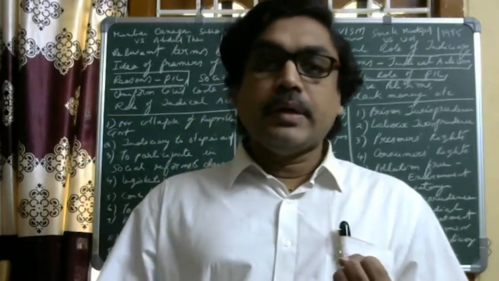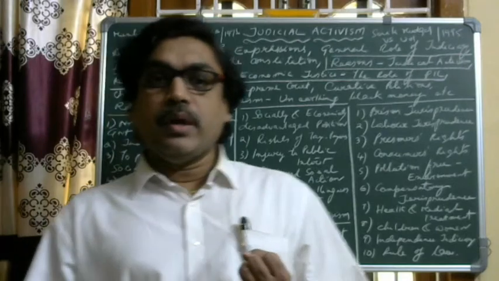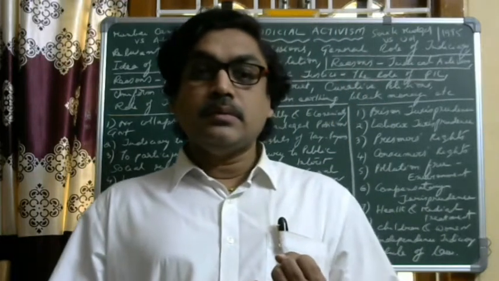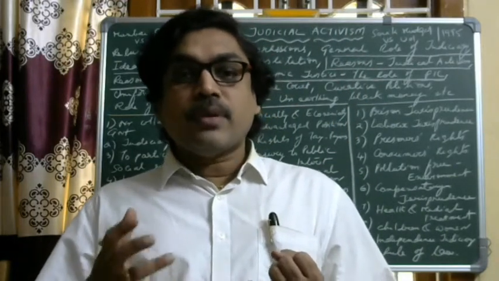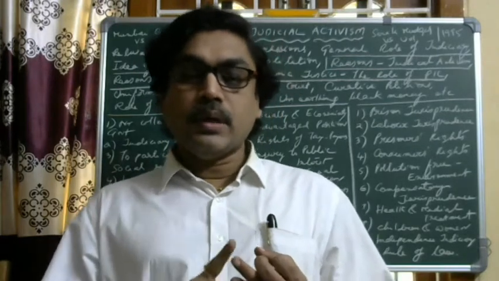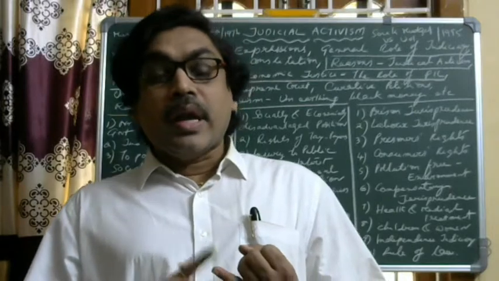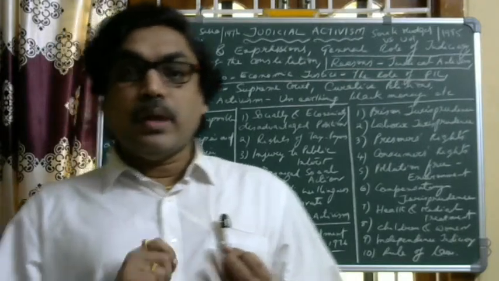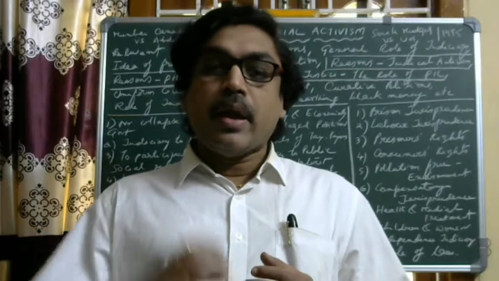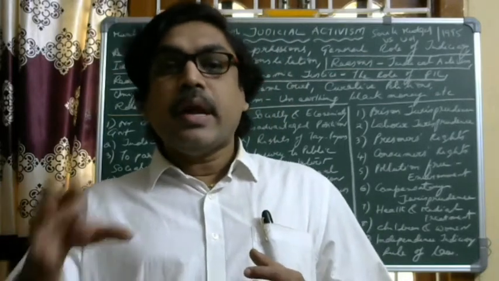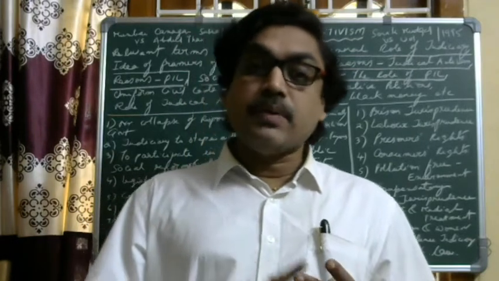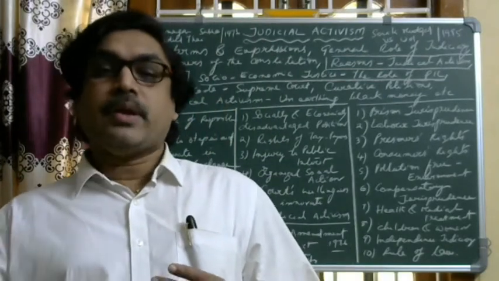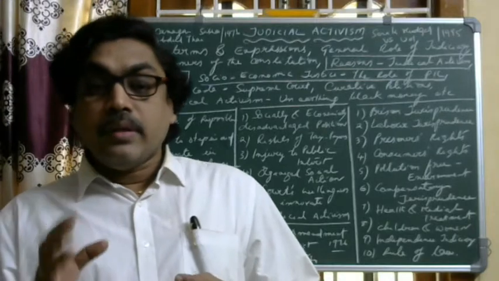The first one is relevant terms and expressions, the second one is the general role of the judiciary, the third one is the idea of the framers of the Constitution, the fourth one is reasons for judicial activism, the fifth one is reasons for the emergence of public interest litigation in India, the sixth one is socio-economic justice and the role of public interest litigation, and the seventh one is